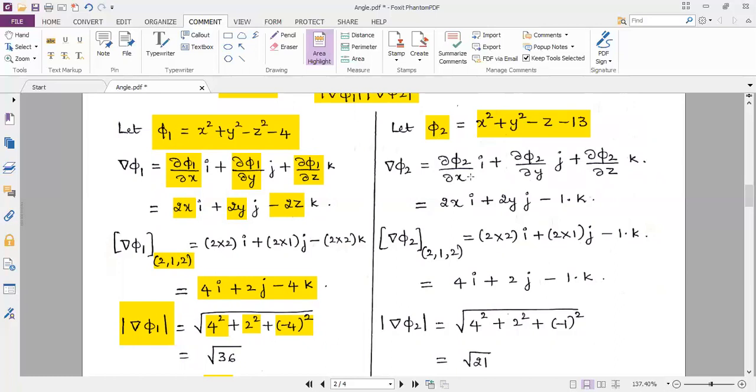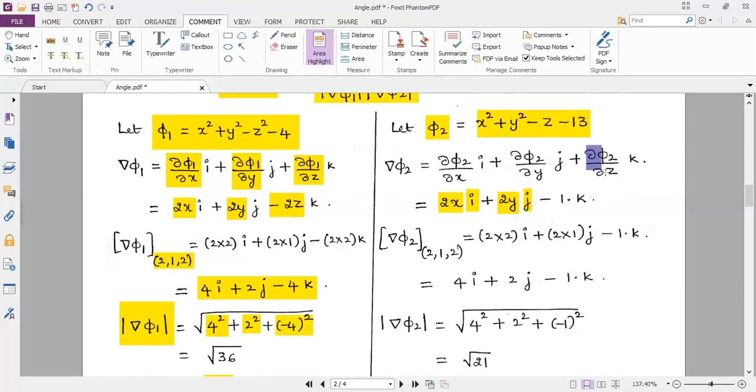With respect to x, differentiation of x square is 2x. y square minus z minus 13 are all constants. So differentiation of a constant is 0 into i cap plus phi2 differentiation partially with respect to y. So y square differentiation is 2y. The rest all terms x square minus z minus 13 are constants. So differentiation of a constant is 0 into j cap as it is minus, it is minus because